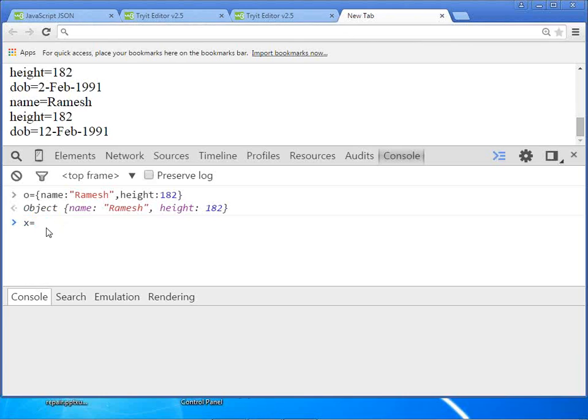An object which does not have any properties at all. How can I create an object? I thought I had told you many times. I told you the mechanism to create a blank object too. Or y is equal to